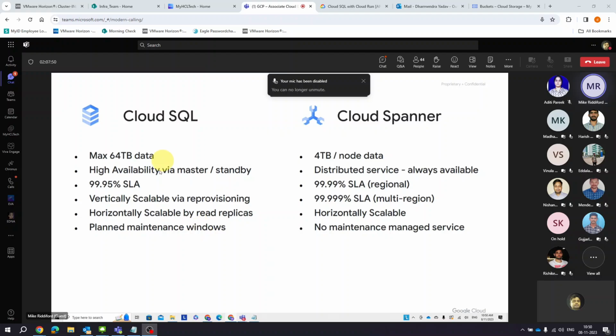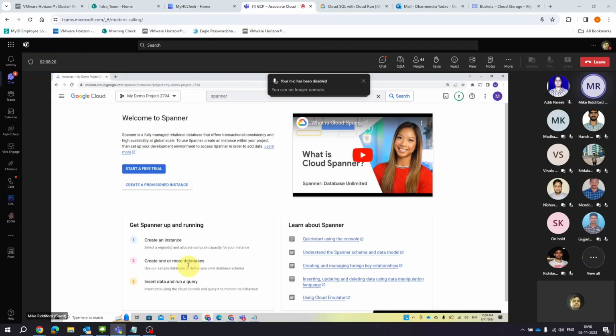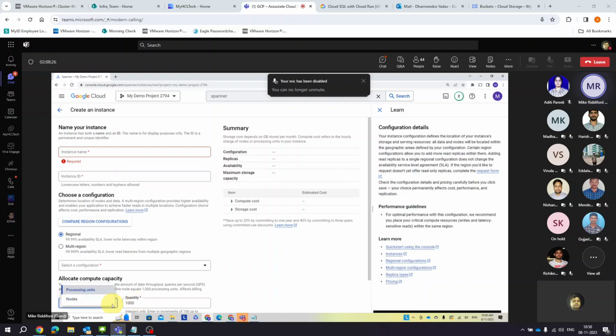So the programming experience is not too different, which means the learning curve is short for developers, right? This is a comparison of Spanner versus Cloud SQL. The thing I would point out is the very high availability of Spanner, 5 nines, which is extraordinary. Cloud SQL is pretty good, 3.5 nines, but 5 nines on Spanner. Now, notice that the size of a Spanner database is 4 terabytes per node, but I can have many nodes, right? So when I create a configuration, I could have 100 nodes if I wanted, right? So as I increase my nodes,